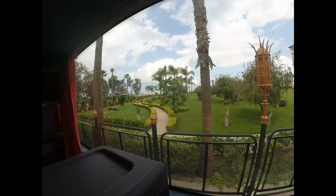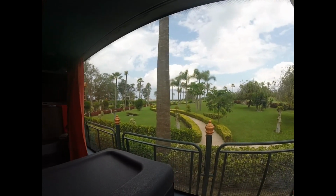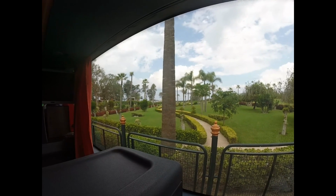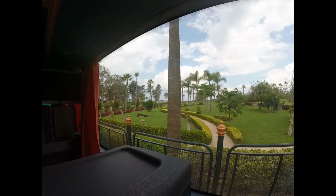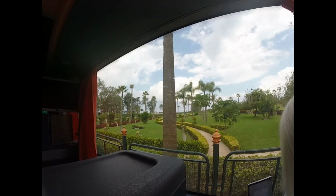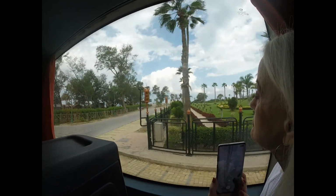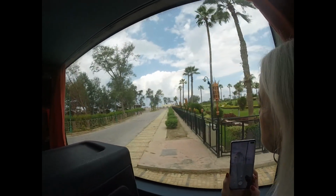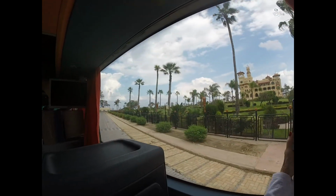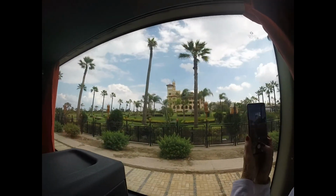All of the trees you can see here are very high trees surrounding the main buildings. All of them are there to protect the main buildings during the winter time. Most of the trees are bending this way because that's the direction of the wind. And all of these buildings here are just small summer houses